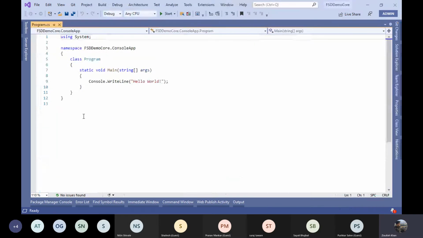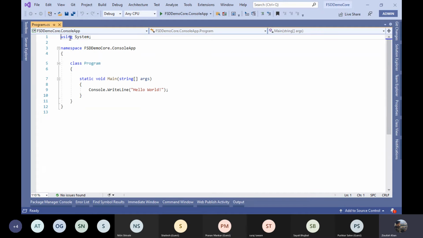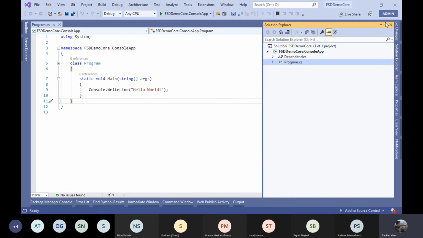And it is going to generate a different C# program. The last time around, we saw at least 4 or 5 using statements, and then there was no console.writeline hello world written anywhere. The default template for a .NET Core project is this, that it brings a very limited number of